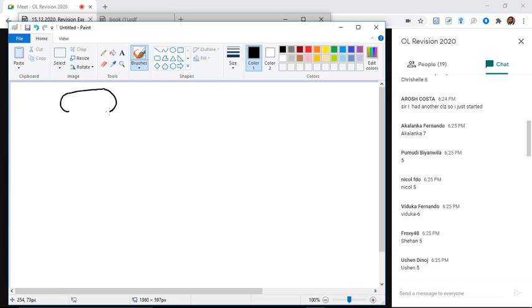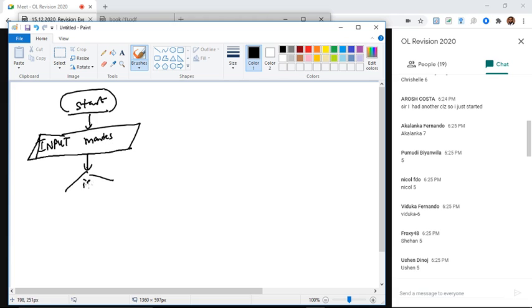So what will happen? You have to draw start. Then you have to input the marks. Right? So you are having a parallelogram here. Input marks. Okay. Now you are checking, is marks greater than or equal 50. Yes. What will happen? If it is yes, that will be display